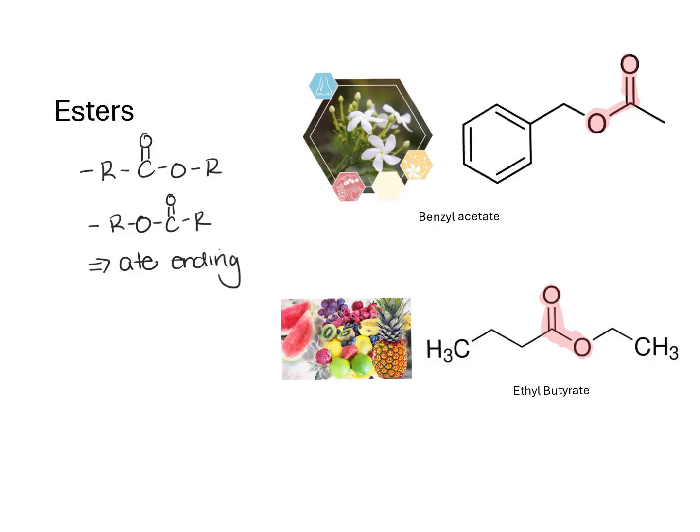This is the benzene ring. That's where we get the benzyl from. And then the ATE ending is because we have this particular arrangement of atoms. This is ethyl butyrate. We've got that ATE ending again. We see that here. Esters a lot of times have this kind of characteristic